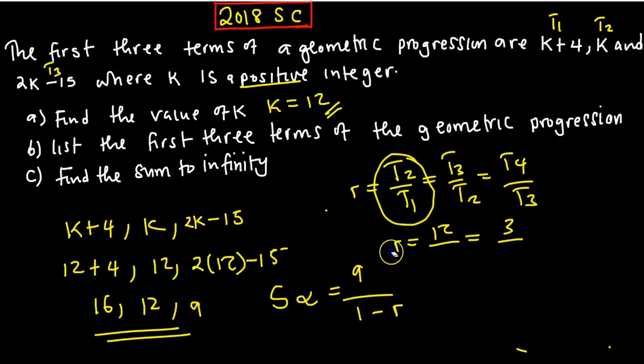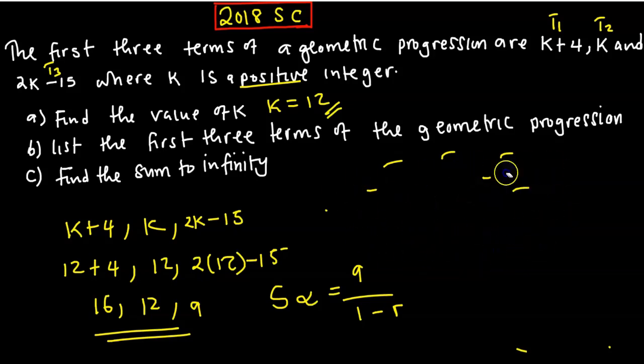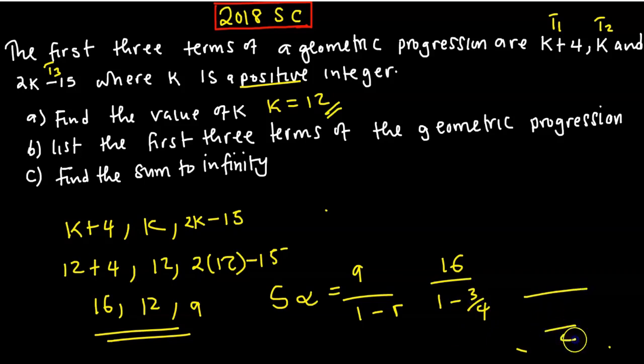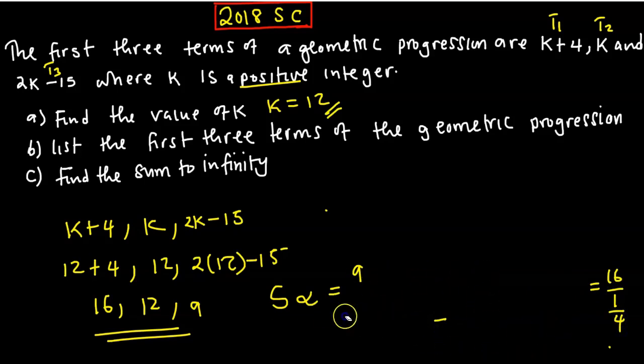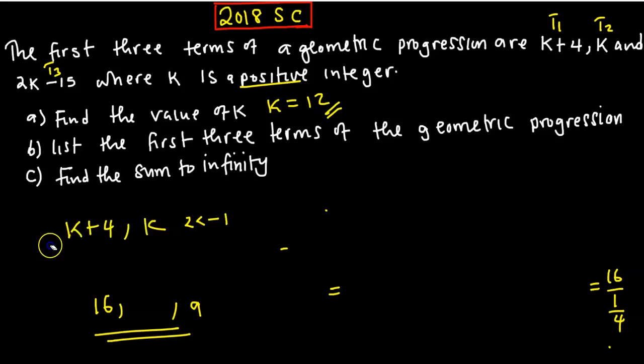Then now we come to the question. We replace the first term 16 divided by 1 minus 3 over 4. So we deal with the denominator here, the bottom part. The common denominator here is 4. This is just the same as 1 over 1, then 4 minus 3. Which means at the bottom here there will be 1 over 4. So 16 divided by 1 over 4 is just the same as